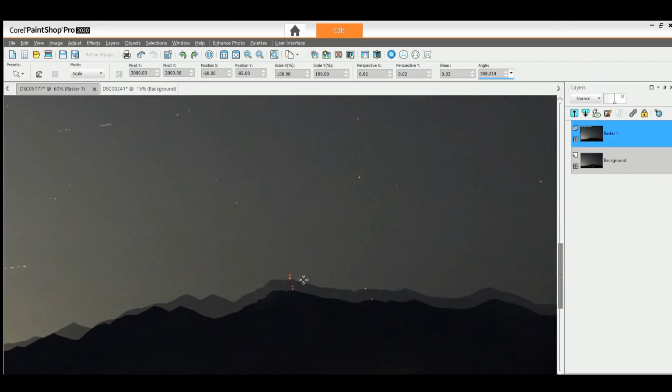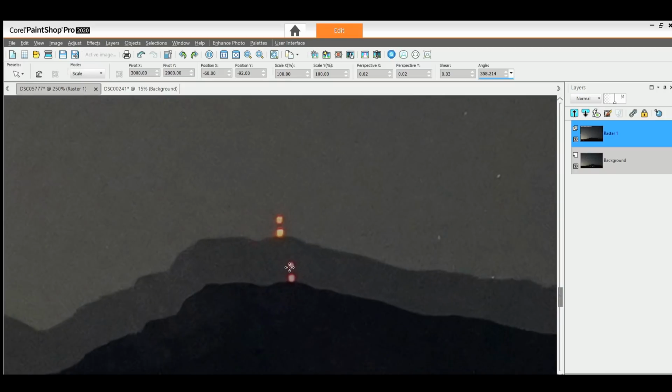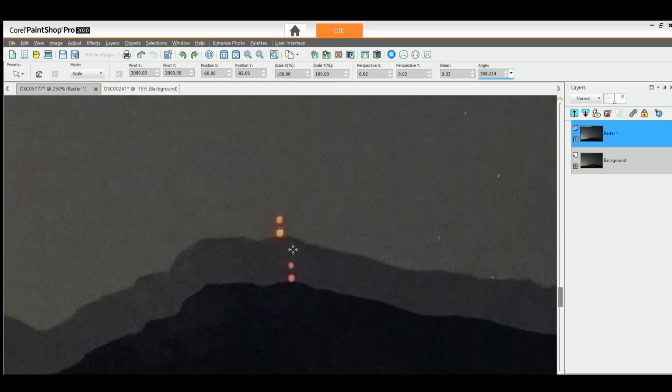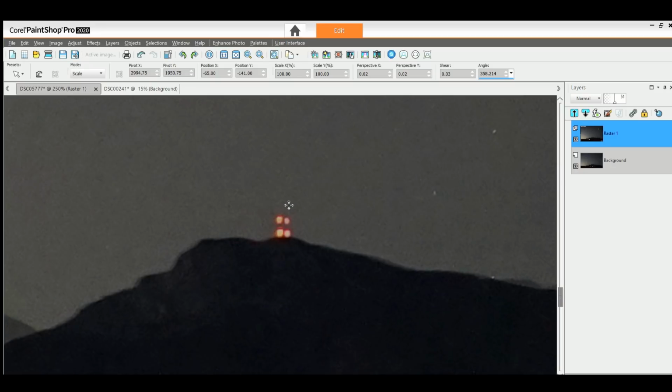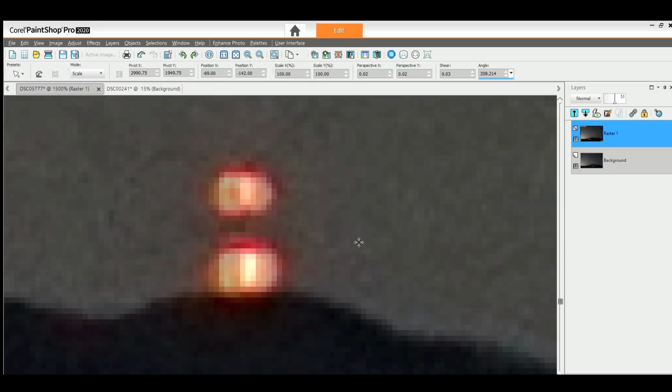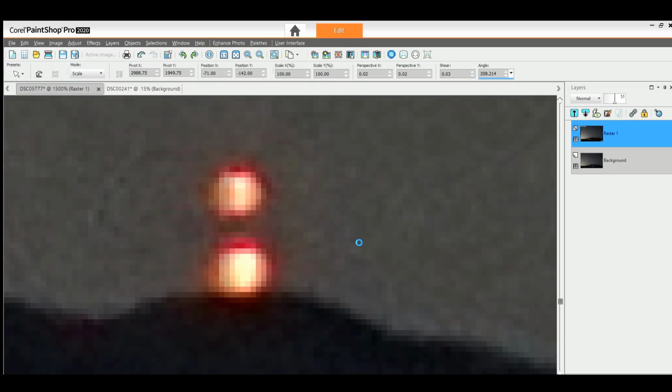So I chose this mountain, Mount Potassi, because there is an antenna tower on top, and it has red light beacons, and I'll tell you later why that's very important. And so I bring in two images from the two cameras, and then I copy one onto the other, and I turn the transparency to about 50, and then I shift them and align them.